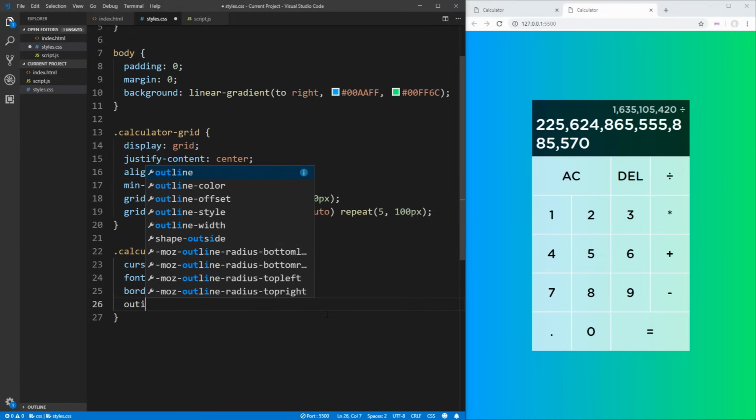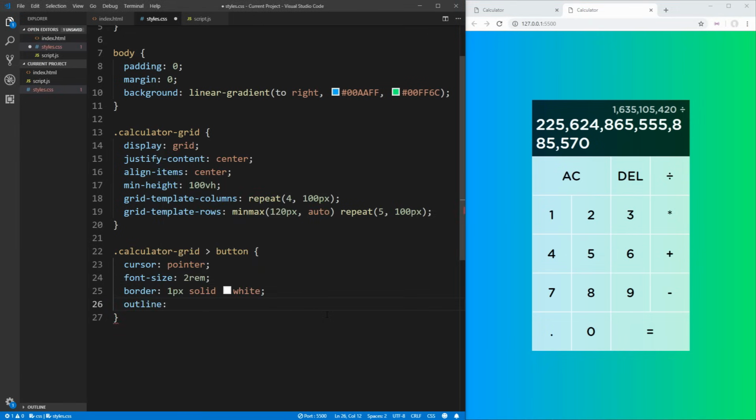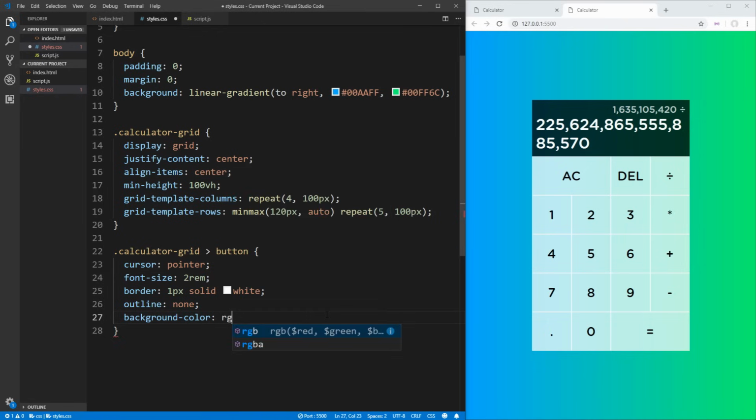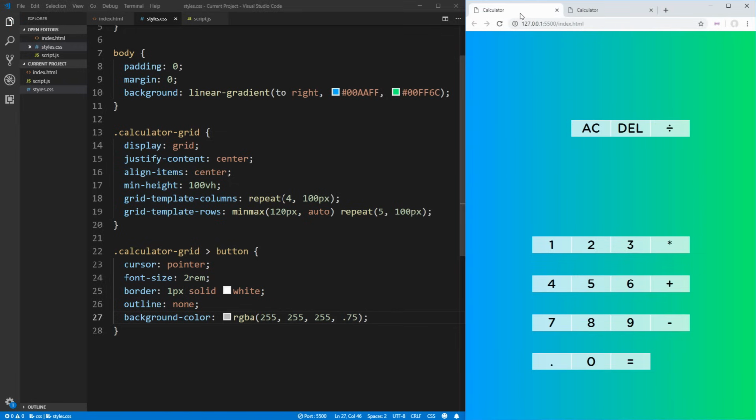We want to remove the outline from these buttons. This is just something that browsers put in by default and we don't actually need. And lastly, we want to apply a background color to these different elements. In our case, we're just going to apply a slightly opaque background of completely white, so 255, 255, 255, but it's only going to be 75% opaque. Now if we save that and go back, you see our buttons are already starting to look like the buttons